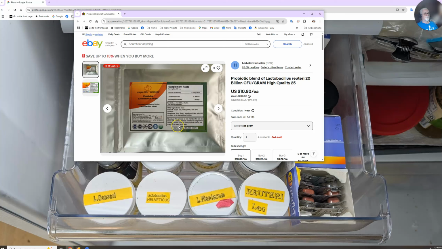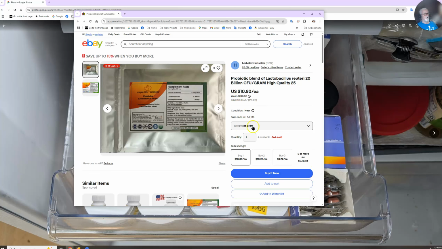So here, by ordering on this eBay provider, I get the probiotics very fast. If it's something which I know I'm going to be using often, then I simply get a larger quantity. So for $10, I get 25 grams. If I go up to 50 grams, wait a minute, 25 grams was $10. Double the amount is $16. That doesn't cost that much more. Let's go up to 100 grams. I can get 4 times as much of a probiotic by spending just twice as much.